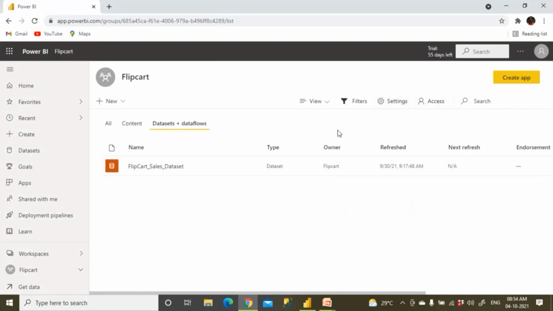Clear, guys? Now, the next one is we have created multiple reports. On top of reports, we'll also create a dashboard. We'll discuss what a dashboard is and everything. But as of now, concentrate on the data sets. Now, when you go to data set, you should be able to see